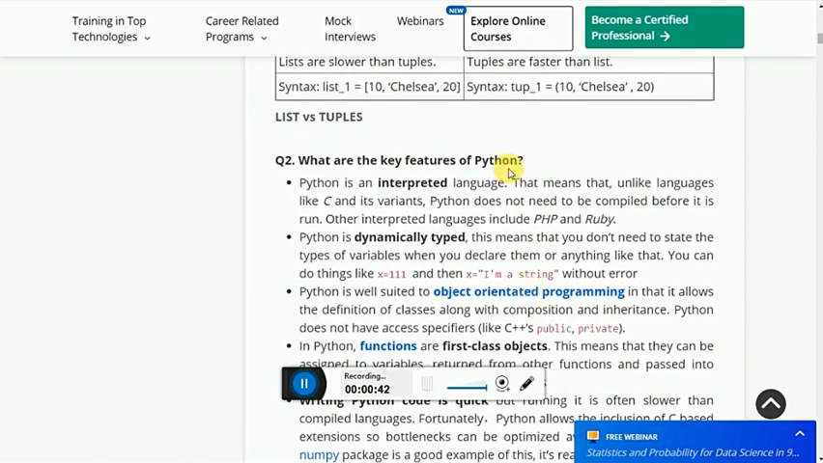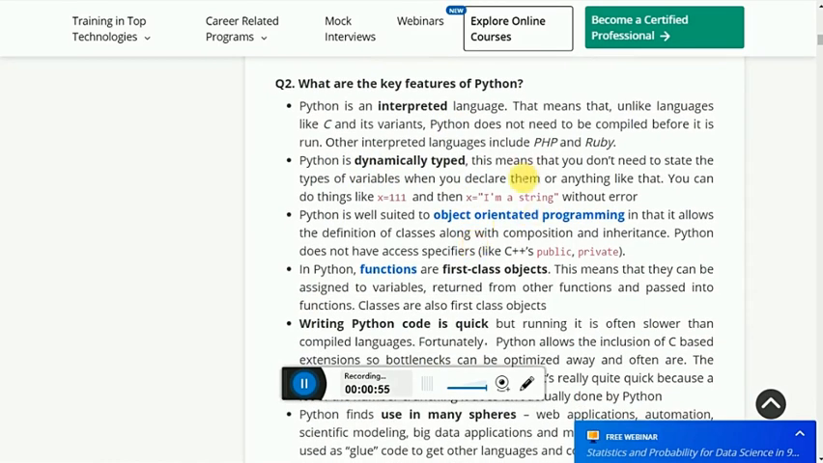What are the key features of Python? Python is an interpreted language. One line is compiled as well as executed at a time. Python is dynamically typed. This means that you don't need to state the type of variables or declare them or anything like that. You can do things like x = 1 and then x = -2